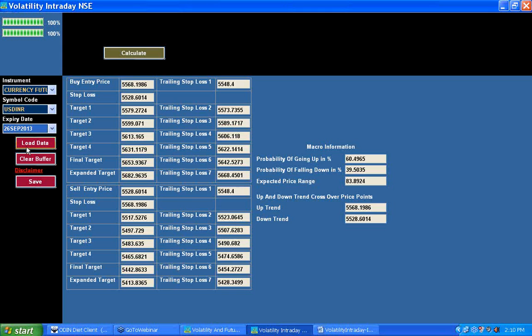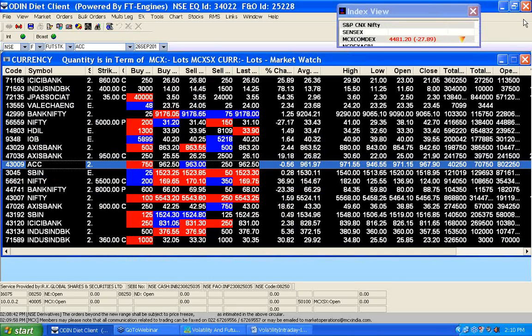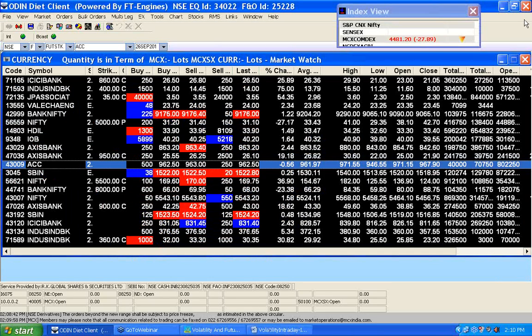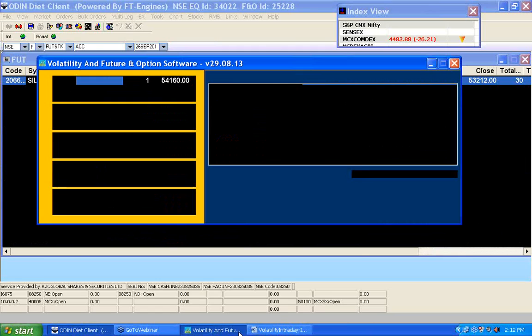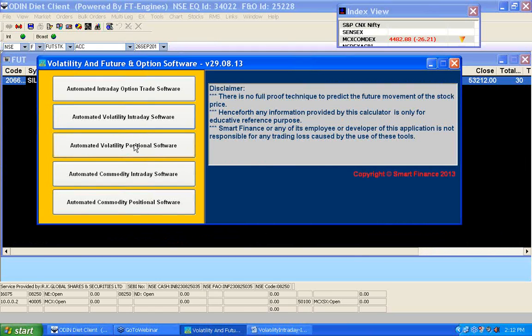So after selecting this, you have to hit the load data, then you have to hit the calculate button. So this will give you all levels as per the volatility where you should enter the trade. So this is about the intraday volatility tool. Now I am going to demonstrate how you can do the positional trade as per this volatility